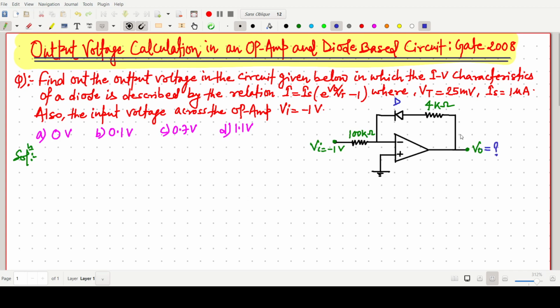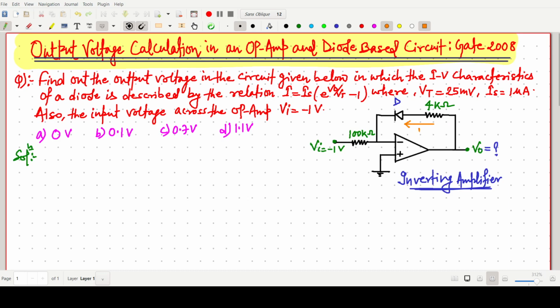Okay, so one can observe that this circuit somehow looks like an inverting amplifier. Inverting amplifier. So now there is an inverting amplifier. So one can say the current in this feedback loop